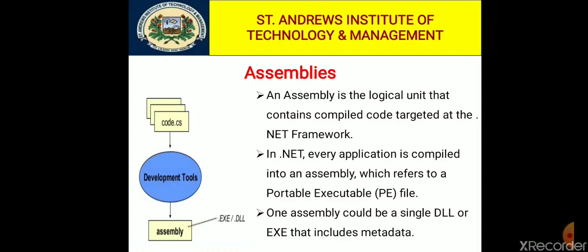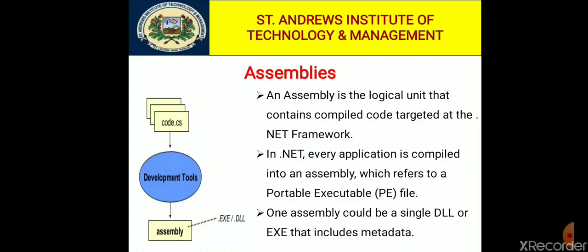If I am talking about the PE, portable executable file, the portable executable file can be either a dynamic link library, means .dll file. I already discussed that when our source code is converted into compiled code, means in assembly format or a logical unit, it has two extensions, either .dll file or .exe file. So the full form of DLL stands for dynamic link library, and EXE stands for executable file.